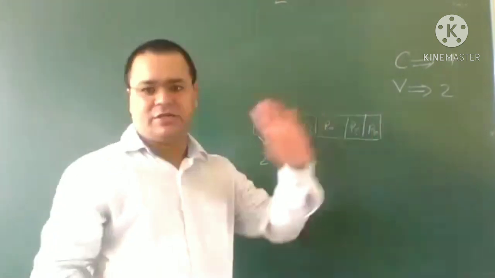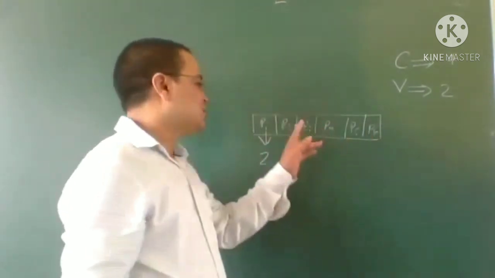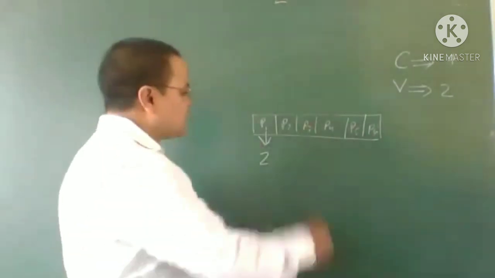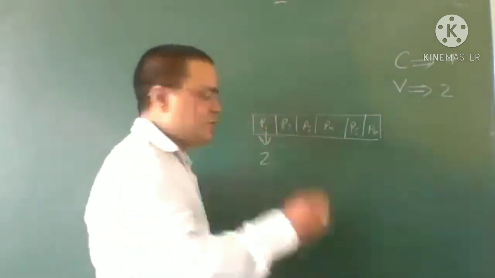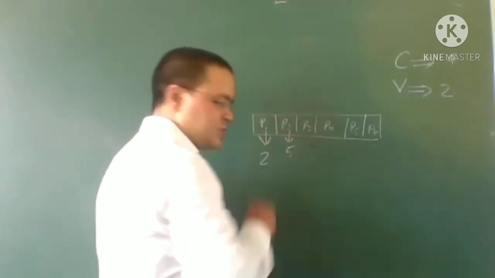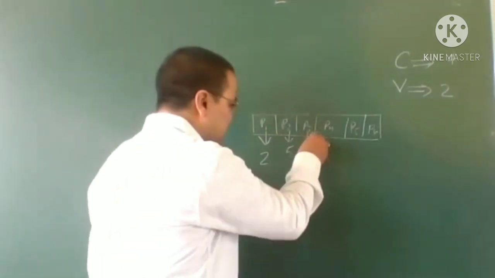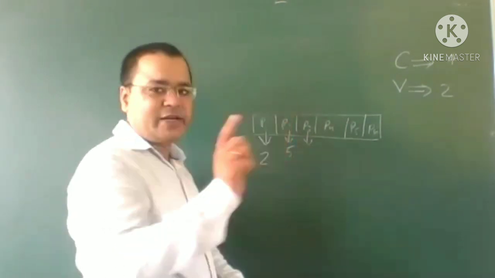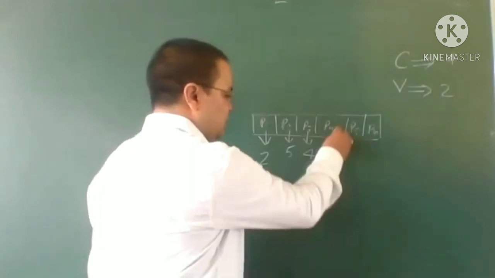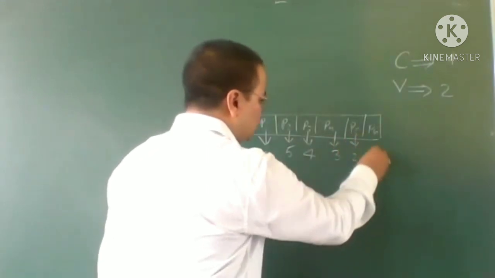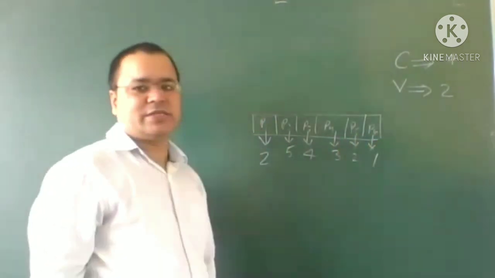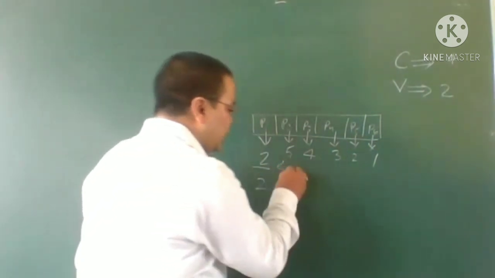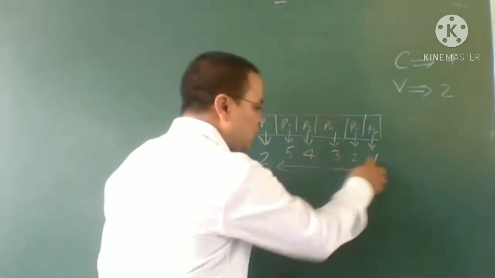Now there is no condition. In the second place we can put a vowel and a consonant as well. So for the second place we have 5 choices. Third place, again one fixed, so 2 fixed. Now how many remain? 4 choices here. Similarly 3 choices, similarly 2 choices, and similarly 1 choice. So there are 2 choices here. Rewrite 2, and this 5, 4, 3, 2, 1.